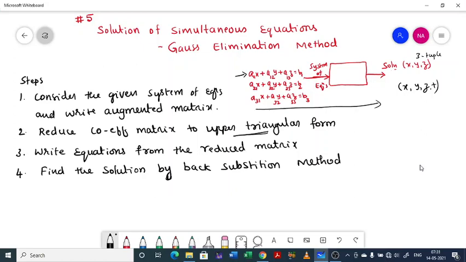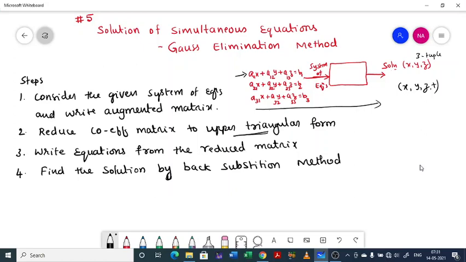So this will be the actual flow of the problems here. A system of equations will be given, that will be an input. Using that we will find the solution. The solution is a 3-tuple or 4-tuple depending on the given system of equations. Now, what are the steps we need to follow to solve problems here?